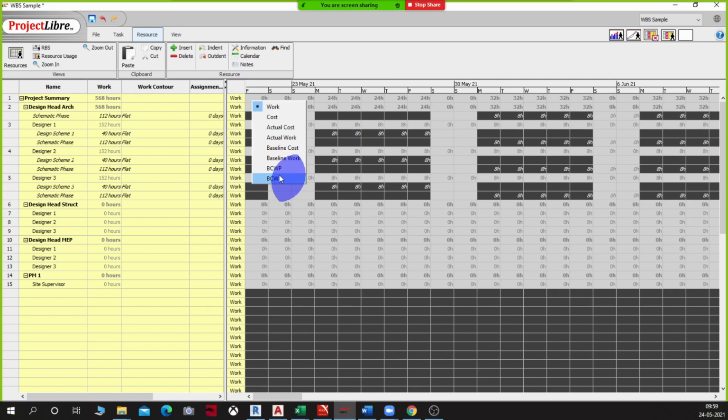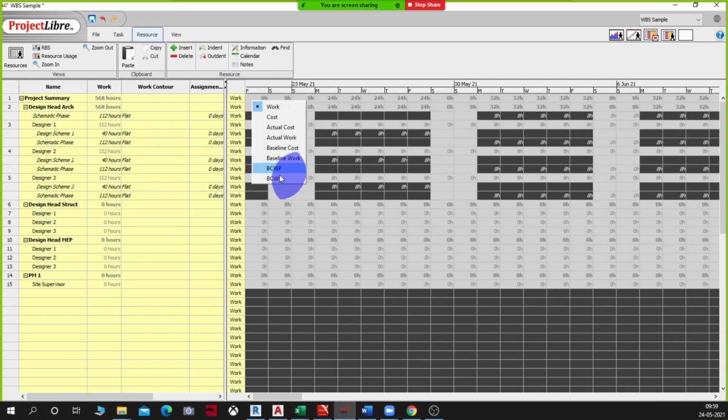What are those two? Can somebody tell me what BCWP and BCWS are, and why that is important in project management? Breakdown cost of work performed. Yeah, so BCWP is budgeted cost of work performed, and BCWS is budgeted cost of work scheduled.